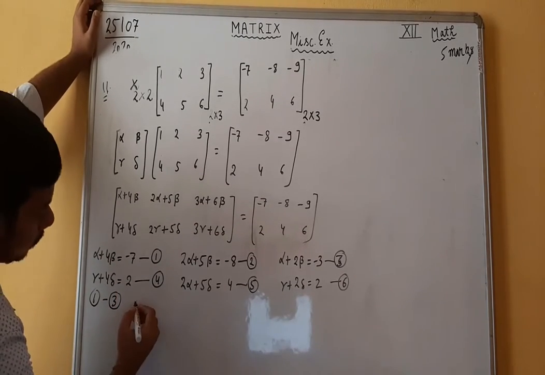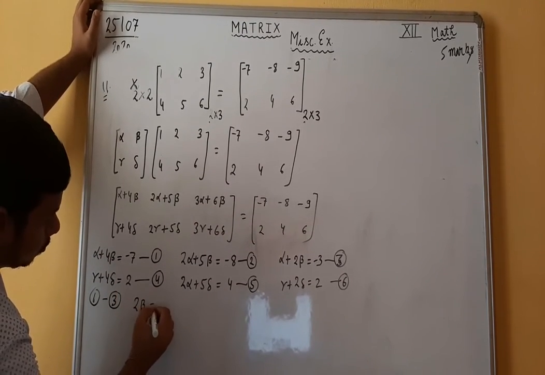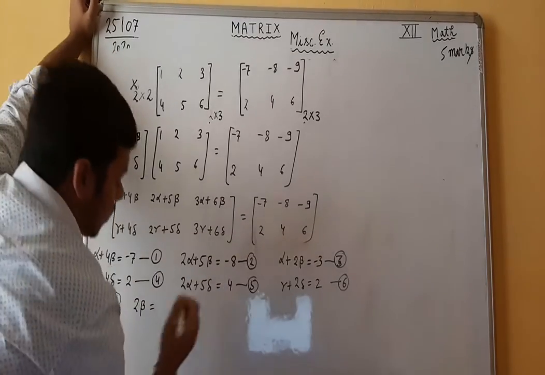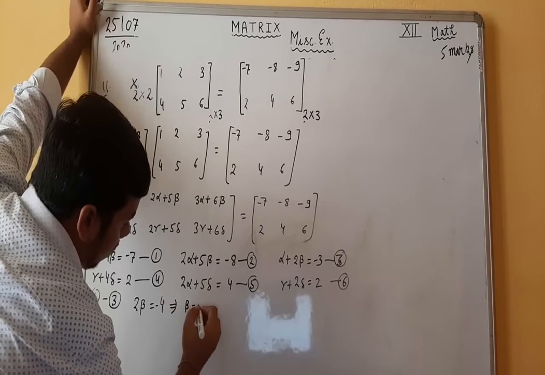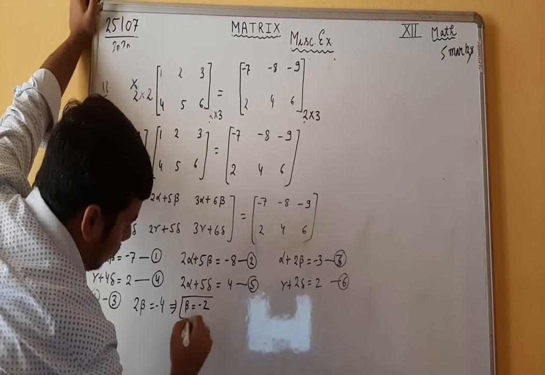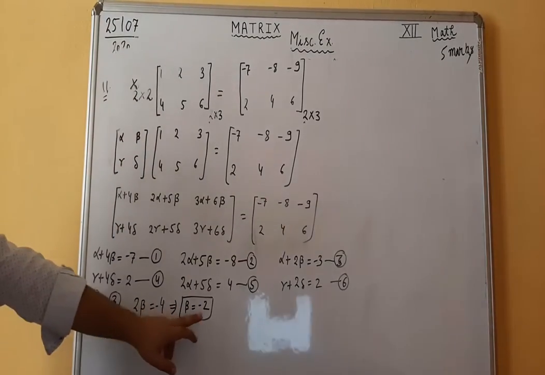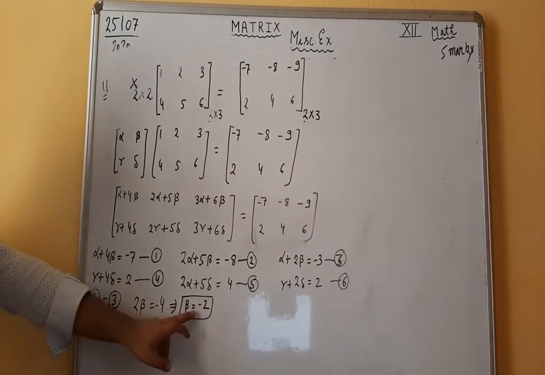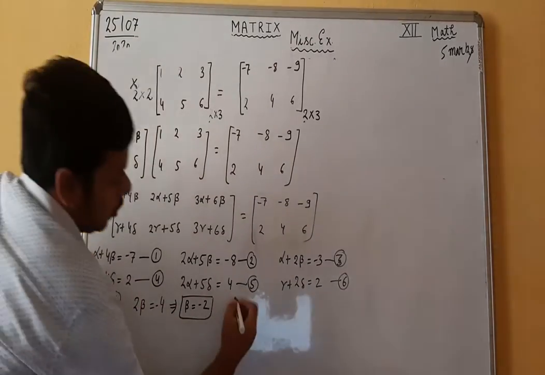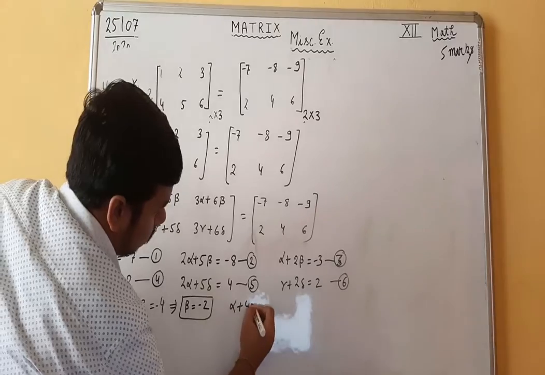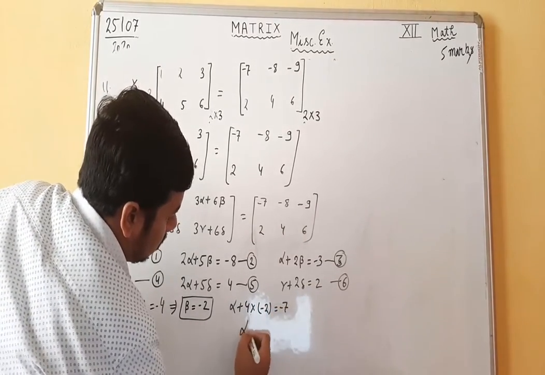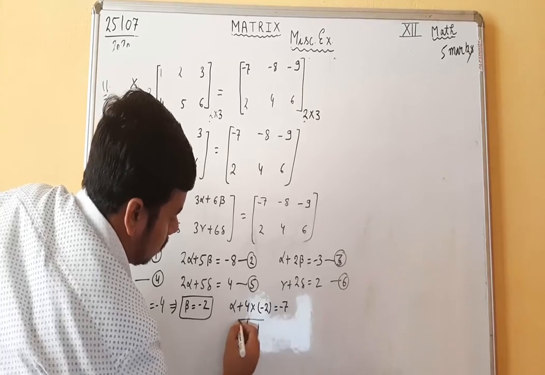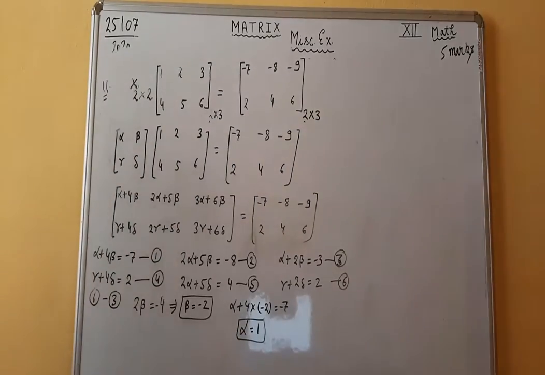Alpha is cancelled out by alpha, 4 beta minus 2 beta is equal to 2 beta. Minus 7 minus minus 3 means minus 4. This implies that beta is equal to minus 2. Right? And if I substitute the value of beta in this equation, then what will we get? Alpha plus 4 into minus 2 is equal to minus 7. It means alpha is equal to 1. Right? This is the value of alpha.